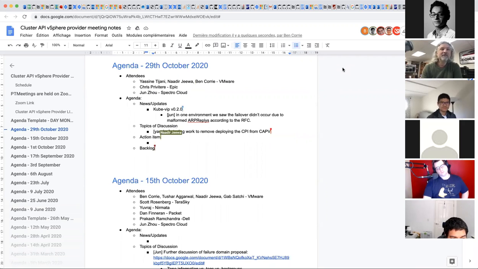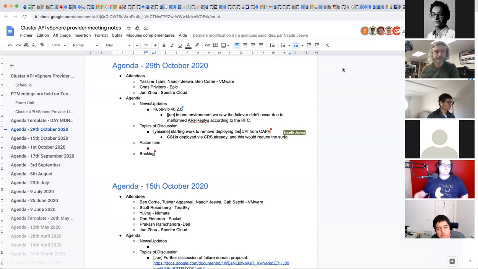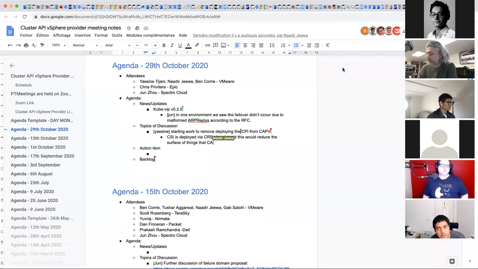Ideally, now that we have CSI deployed as an add-on through a cluster resource set, we'd want to move the CPI to use the same mechanism. This would allow us to reduce the surface of CAPV and avoid having to update CAPV whenever there is an issue with the CPI. This also enables customization of the CPI if you have some specific configuration that you want to use.